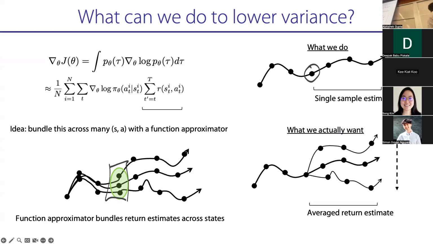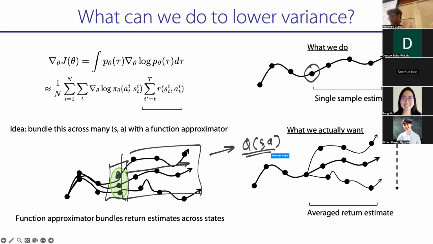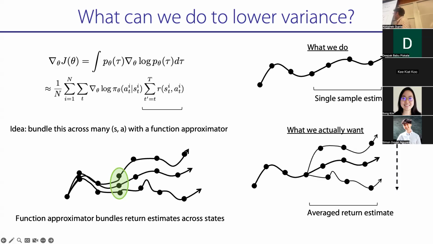And so if I train a function approximator, I'm not going to just train something on things from the same trajectory. I'm going to instead take all of this data, put it into a function approximator, let's call it Q for a second. It tells you how good is some action A at some state S. And then in place of our single sample estimate, let's just use Q(S, A). Because I'm using function approximation, you can think of it as sharing information between those trajectories.